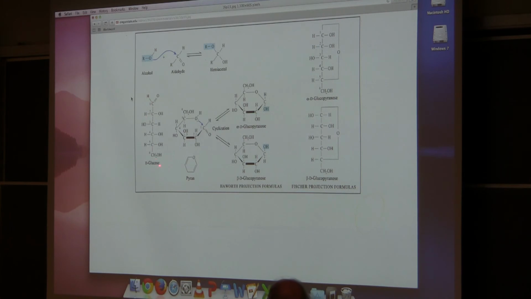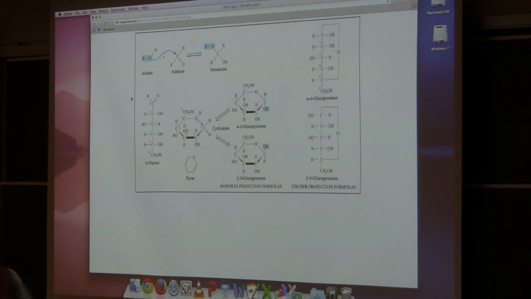Here's D-glucose in the straight chain form. And if we look at this carefully, we see that carbon number 1 can be arranged so that it's very close to the hydroxyl of carbon number 5. And that's what's happening right here. They're just swinging around, touching each other. Well, when that happens, this ring can close, and when it closes, it can actually make 2 different